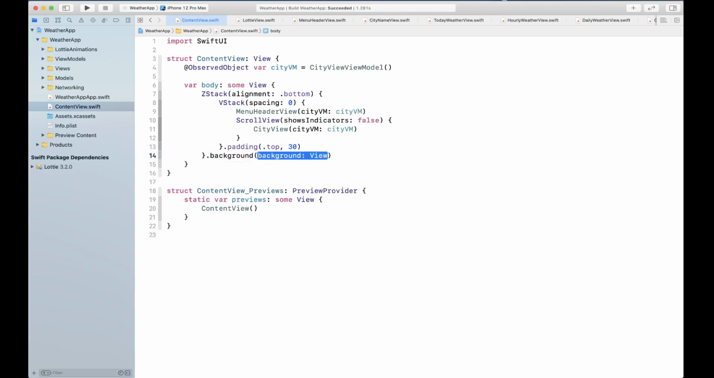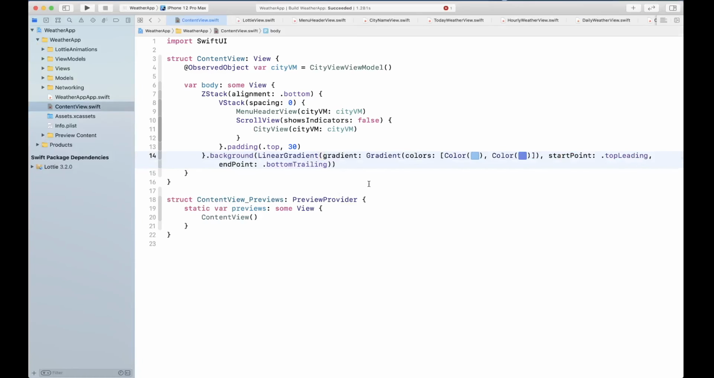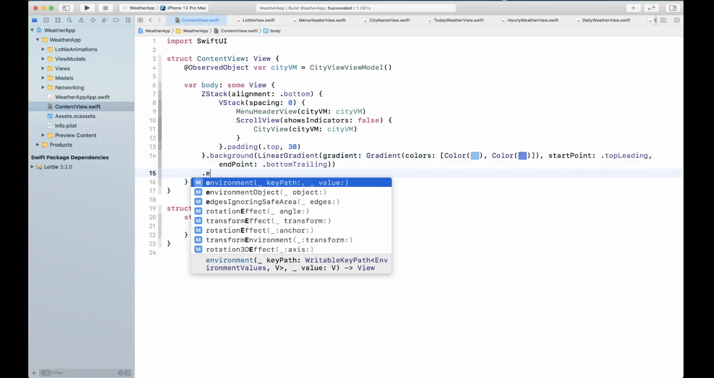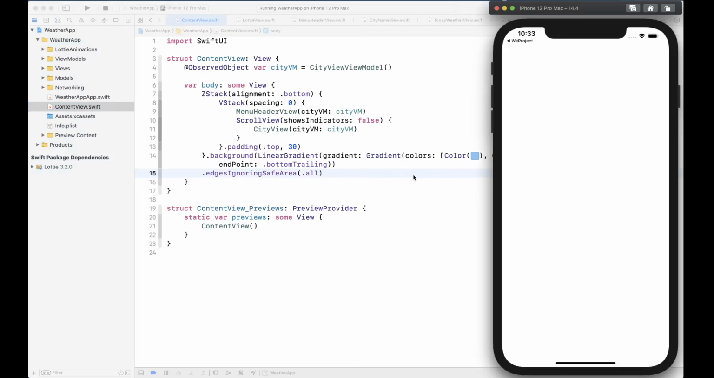So for the background, I'm going to use that linear gradient that we have used with those static colors. Okay, so that's going to be the linear gradient, and I also want to set edges ignoring safe area dot all. All right, so now let's go ahead and build and run and see if we can get ourselves